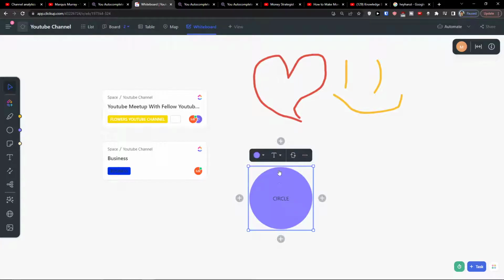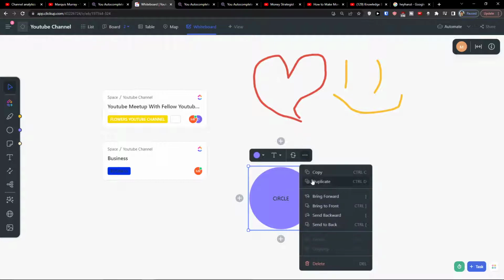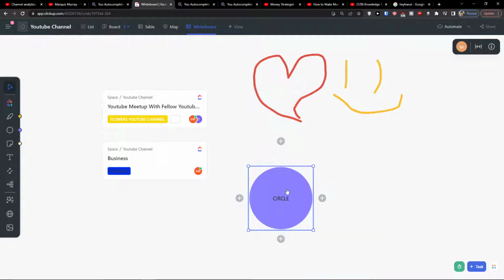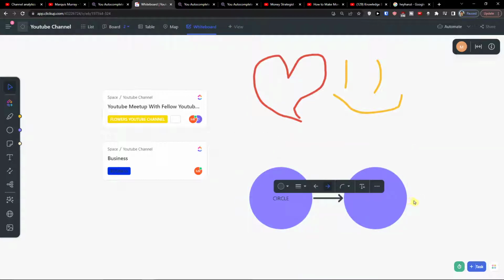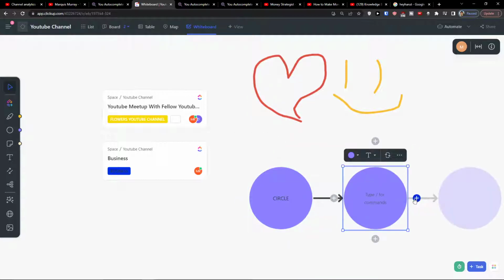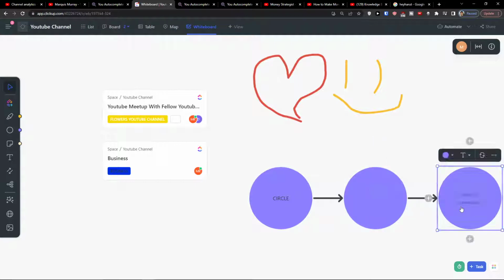When again you would click on a circle, you can convert it, and you can easily convert it to a task, or you can convert it to the text or a different object. So that's pretty cool how you can play around with it, and this is really effective. Then 3 dots, you can bring forward, bring front, or you can click plus here and add a new circle, and I can click here,